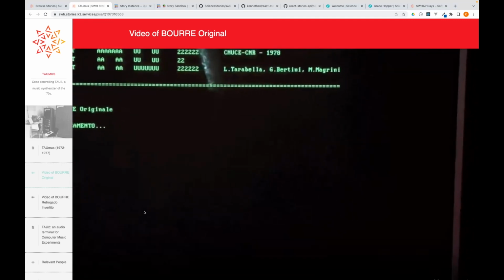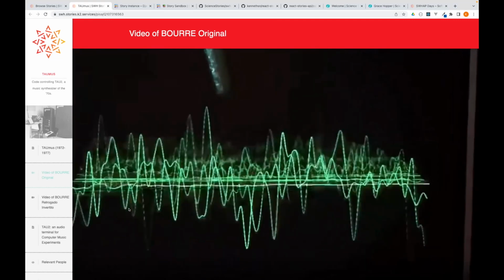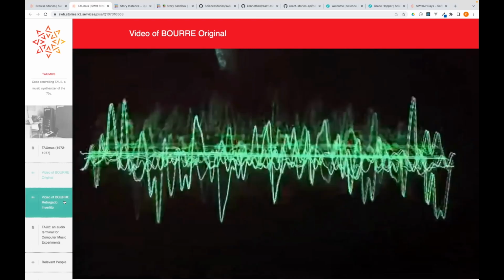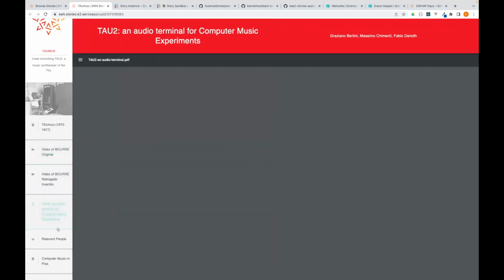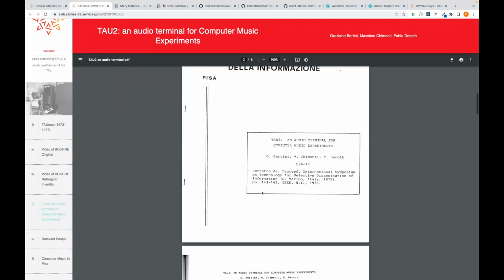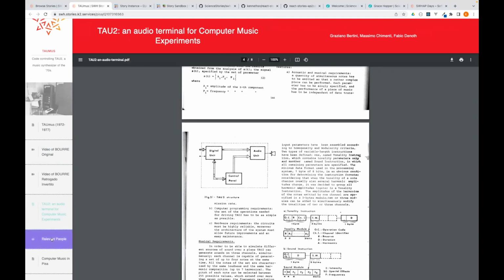Just doing a quick snippet, this is what the actual interface looked like, and I have the audio off, but you could actually hear the computer music being played in the background as well. We also have the ability to upload PDF content. So if there are user manuals or guides, or even stories about the software itself, you're able to browse through that metadata and that content